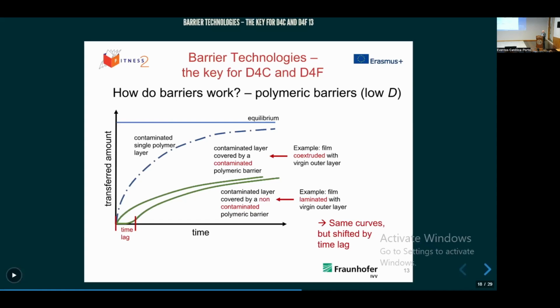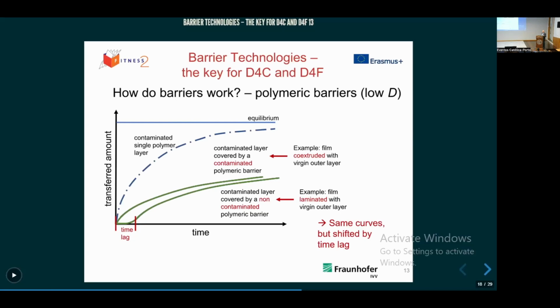This could be named as a functional barrier. The problem is if you co-extrude this, you put both polymers through, in their heated liquid form, through a die where they get in first contact. And just upon starting with this contact, the migration will start. And the temperature is much higher. The mobility of the molecules in the liquid state is far above that in the solid state.